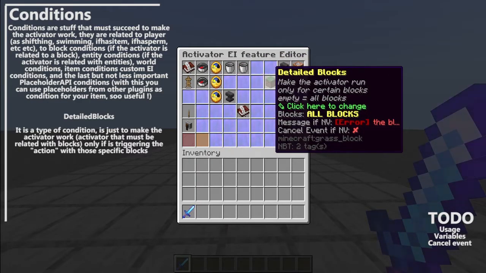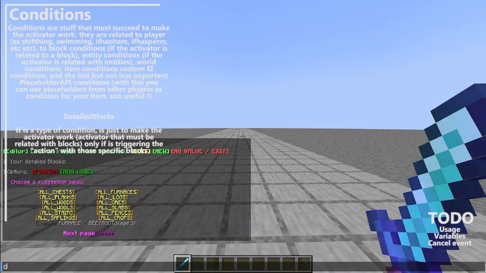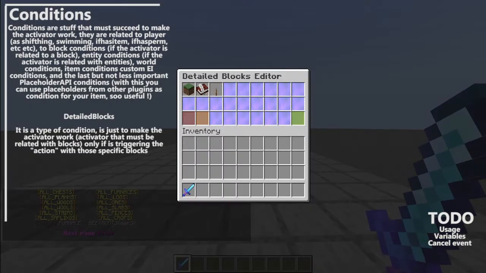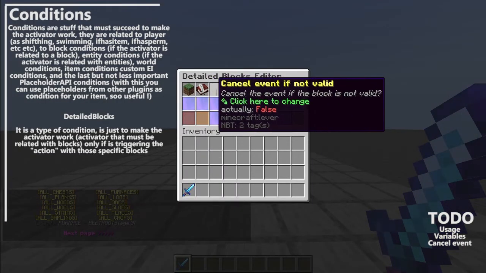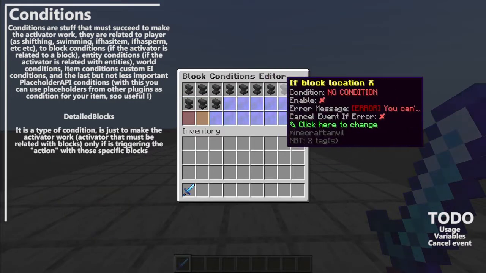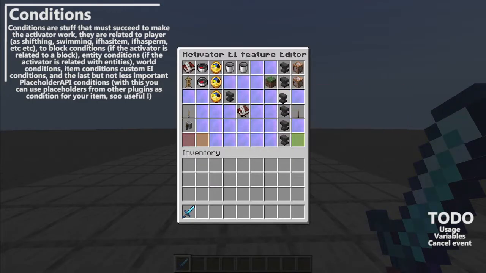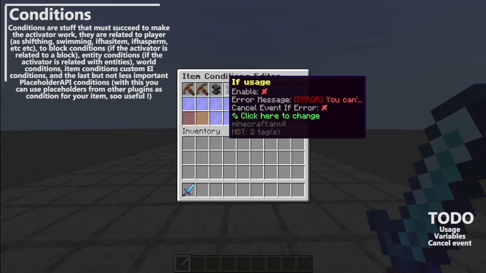For example, it will only work if you right click the diamond block. Let's do it. Let's go here, blocks, diamond block, and finish. Message if it's not valid, and cancel event that is not explained yet. Let's save, and now we have block conditions. Also we have world conditions, item conditions,